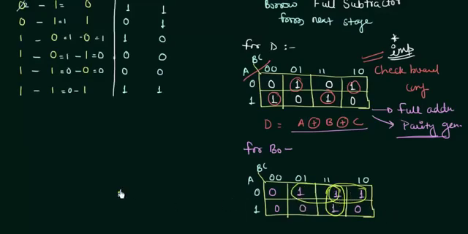So the borrow output is what? For this first group we are having BC. For this group we are having A complement, and B is changing from 0 to 1, so it is eliminated, and C is 1, so A complement C. Similarly for this group we are having A complement, and C is changing from 1 to 0, so it is eliminated, and B is 1, so A complement B. So this is what we are having as the borrow output. And